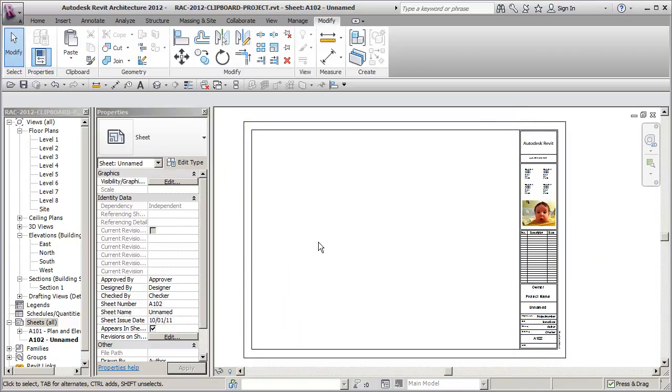and that's it for the align to current view. Copy it to the clipboard, switch to a different view, and then when you paste it, you don't get to say where it goes. That's the whole point of it. It goes in exactly the same place as the previous view. So it's important